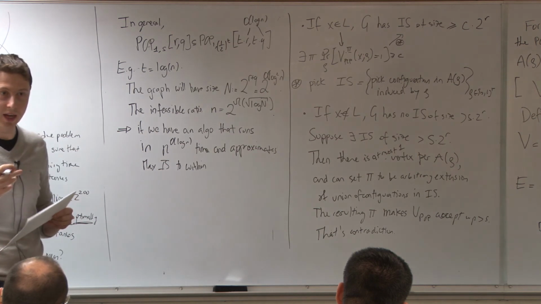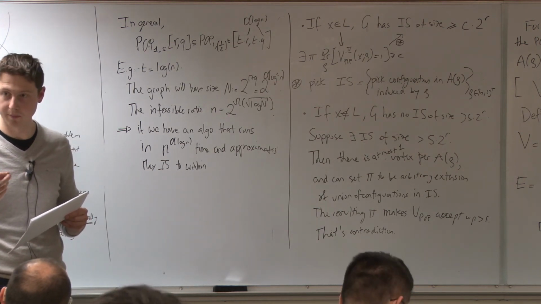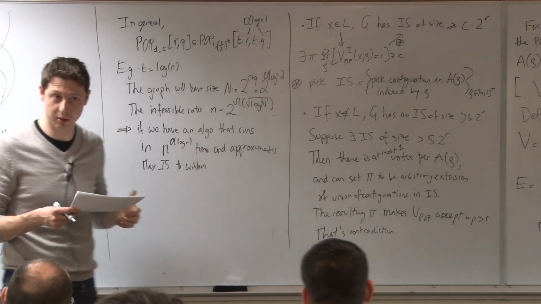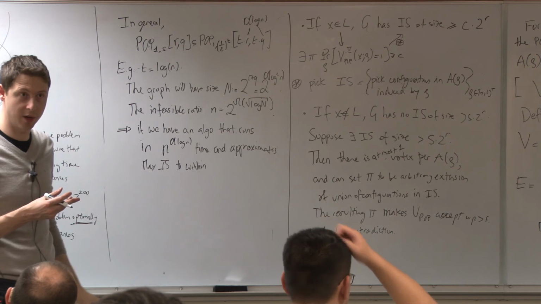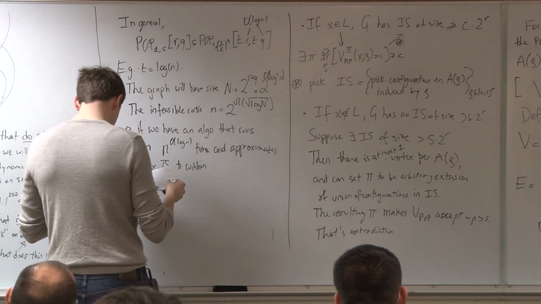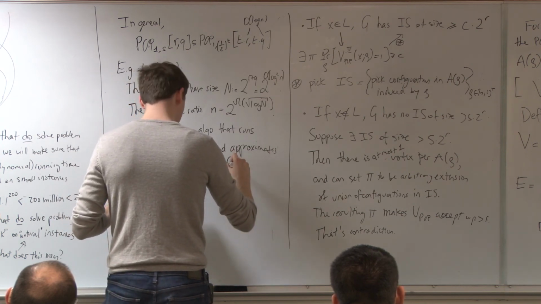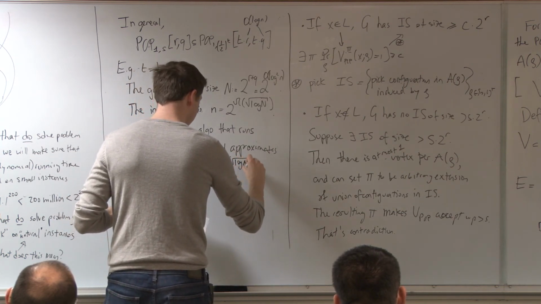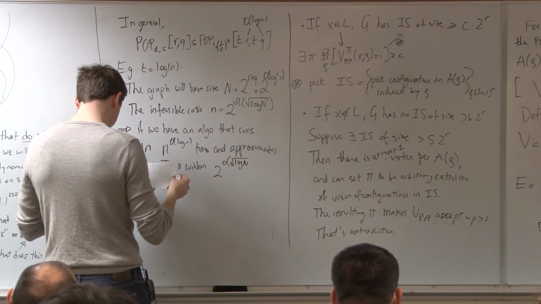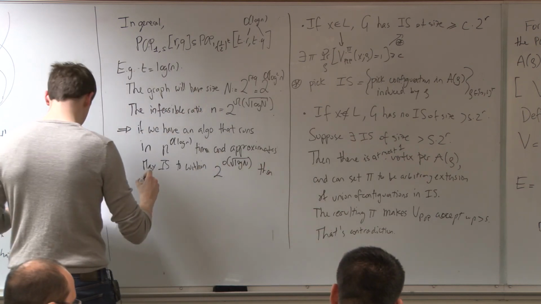Because the algorithm was running 2 to the r plus q, okay? And now the r plus q is tr and tq, so 2 to the log squared is n to the log n. To within 2 to the little o of log n, then